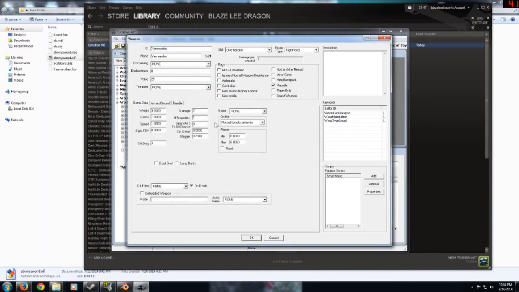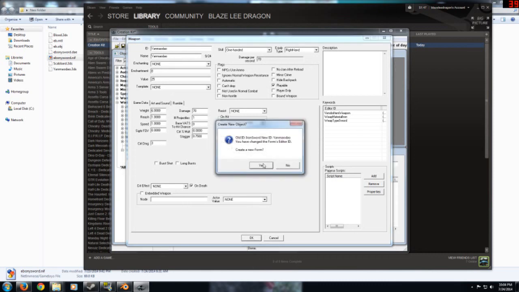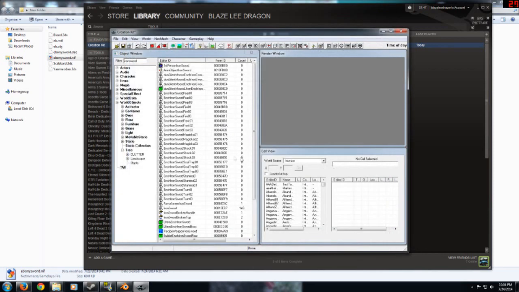Then if I wanted to, I can come over here, and instead of 7 damage, I can make it 70, or, you know, make the weight a little bit lighter of a sword, maybe make it 6. You can edit whatever you want here, and then you go ahead and hit OK again. Make a new form, yes. And then the only other thing that I recommend doing is going to